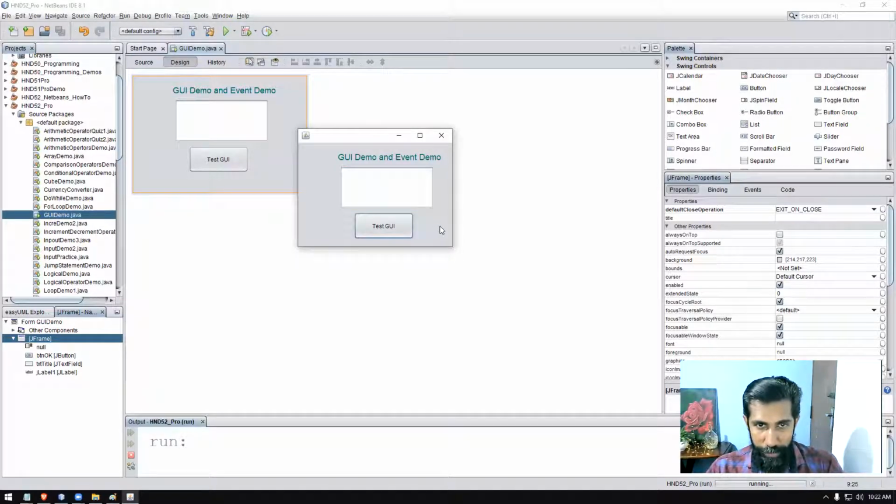Now see, the mouse pointer coming over the button is one action. The mouse pointer going outside the button is another action. So mouse entered, mouse exited. These are two actions. Mouse clicked. There are three things now. Mouse entered, it is over the button's region. Mouse exited, it is off the button's region. It came over and it clicked. There is another action. So I can code this one. I'm going to demonstrate that to you now, right?